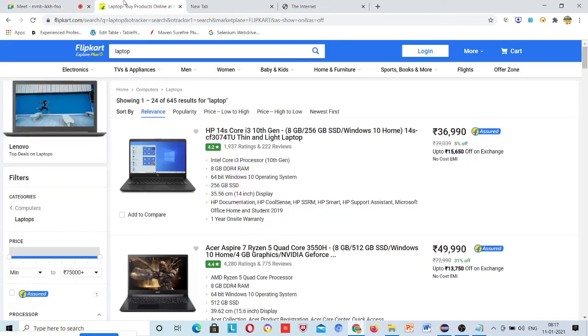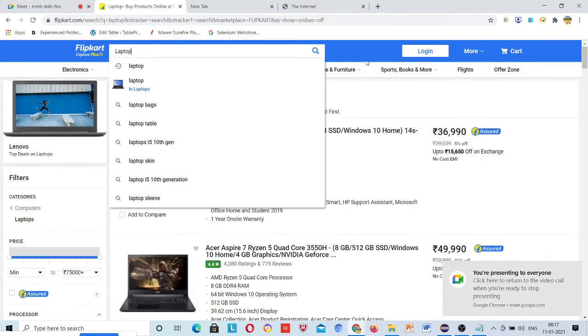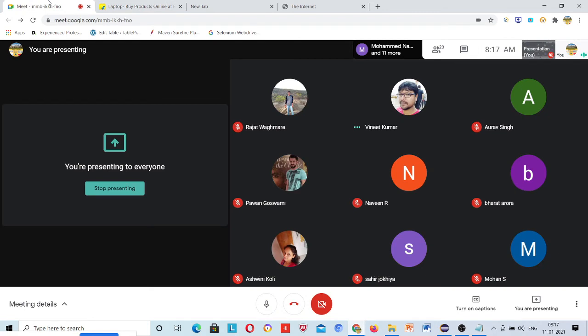Implicit wait says that if we are searching for something and the DOM is present within 5 seconds, it will not wait for the whole 20 seconds to be completed. It was created to save your time. If your task is completed in 5 seconds, meaning the DOM is loaded in 5 seconds, it will move forward. So it depends upon the DOM's timing.